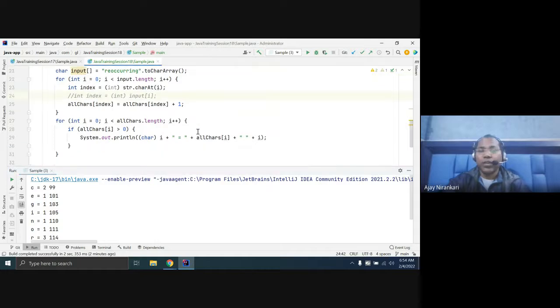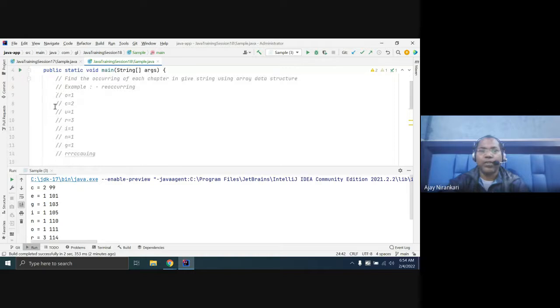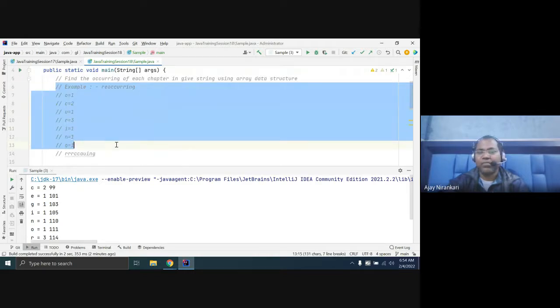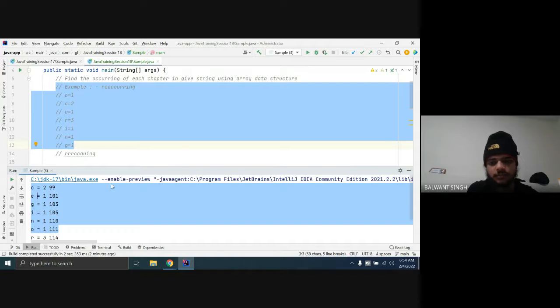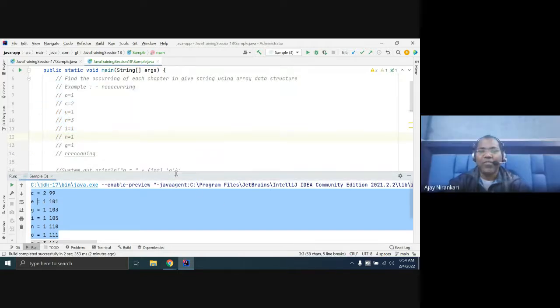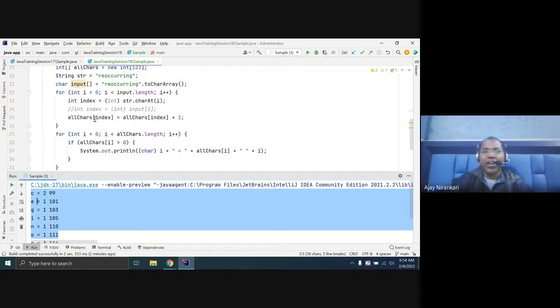So now let's return to our problem. We have solved half the problem, right? This we solved, correct? Same output. But now I want to print it first R, then this.